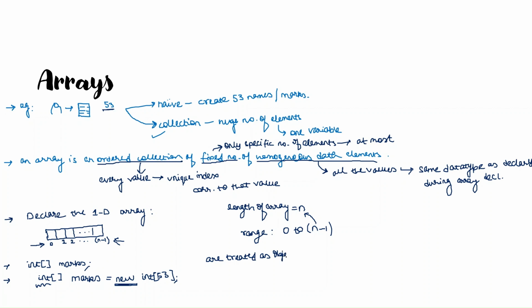So arrays are also objects. Be it a primitive data type array or a reference type array, both are objects. And hence for every object you have to instantiate it with the help of the new keyword. And that is why you won't get any compilation error here, provided that you actually are declaring an array and